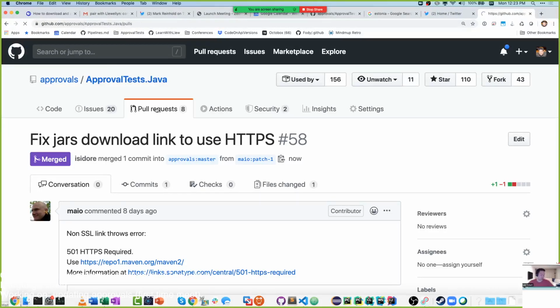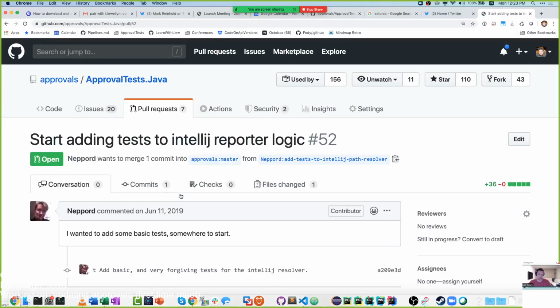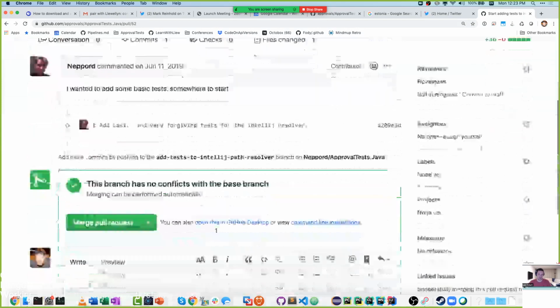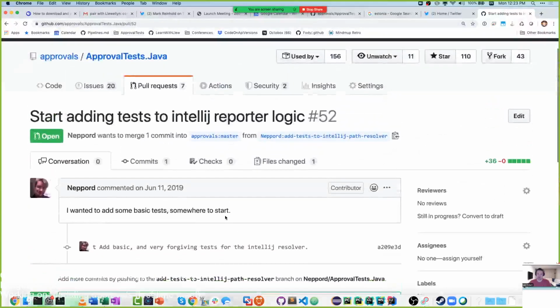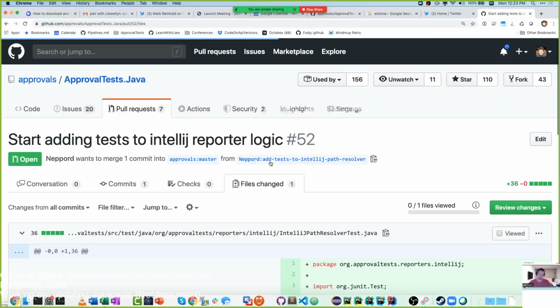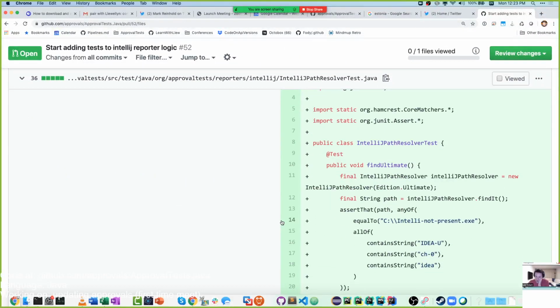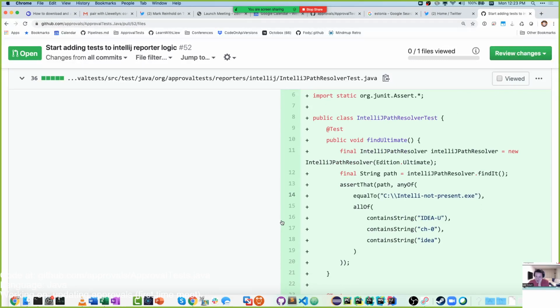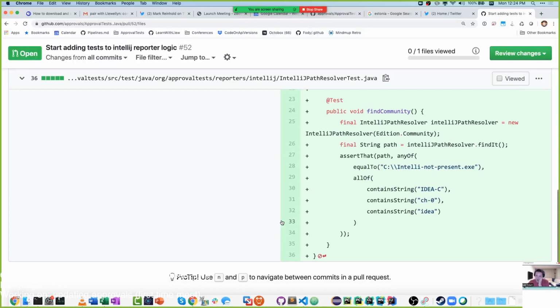Let's take a look at the next one. Start adding tests to IntelliJ reporter logic. All right. Have you looked at this one yet? Yes, we could, but we should talk about it because I don't fully understand it. I'm a bit confused by the paths he's choosing there. We have find IntelliJ Ultimate path, edition, and for whatever reason we have C:\IntelliJ not present.exe.